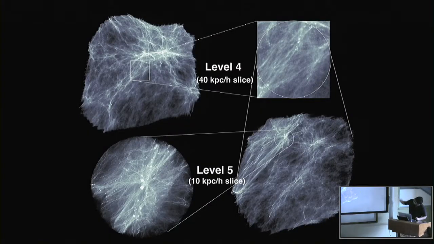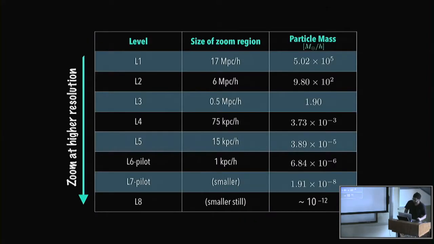So visually in our simulations, this is kind of what it looks like. We have a simulation at some particular level. We choose a region of interest, which at the given resolution looks like that. And then we simulate that at a higher resolution, and that is still embedded in the same 500 megaparsec volume as its parent. And then we keep repeating that procedure, so you essentially get a large dynamic range in the same volume.